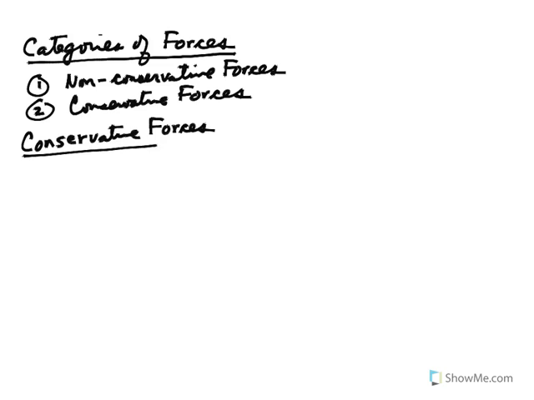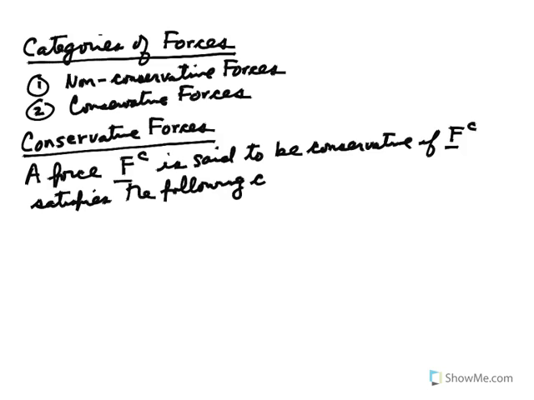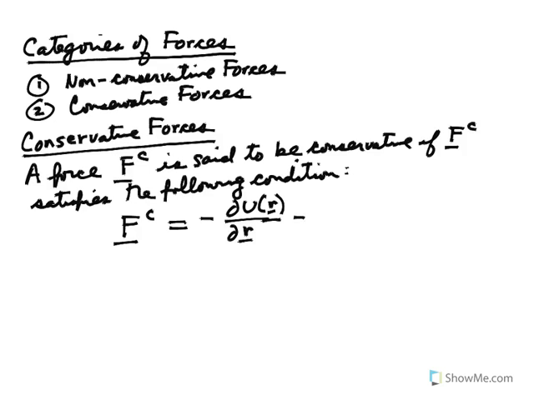So a conservative force, F superscript C, is said to be conservative if F sub C satisfies the following condition: that F sub C, or F superscript C, is equal to minus the partial of U with respect to R, which is equal to minus the gradient with respect to R of U of R, where